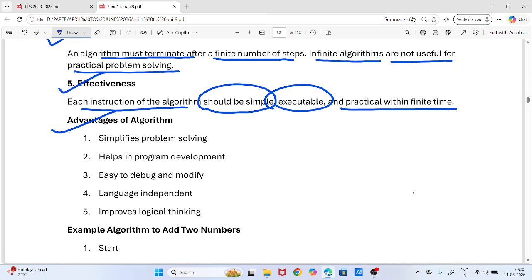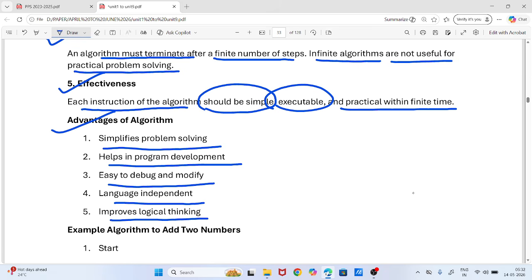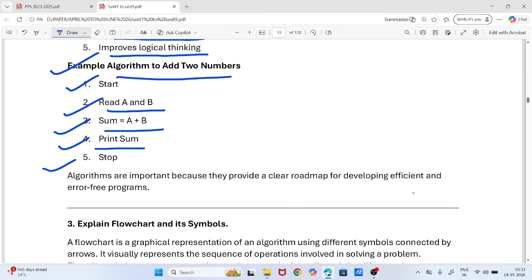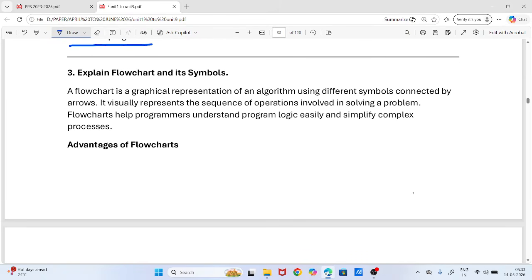What are the advantages of an algorithm? It simplifies problem solving, helps in program development, is easy to debug and modify, is language independent, and improves logical thinking. Example: algorithm to add two numbers. First step, start. Then read a and b. Then sum equals a plus b. Then print sum. And the last step is stop. Algorithms are important because they provide a clear roadmap for developing efficient and error-free programs, and this question is related to algorithm. Now the next question is